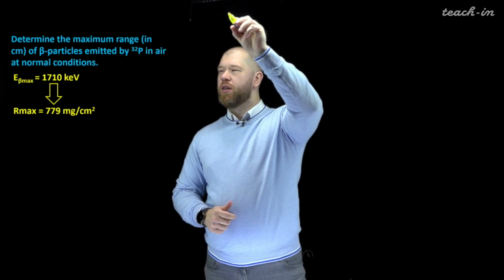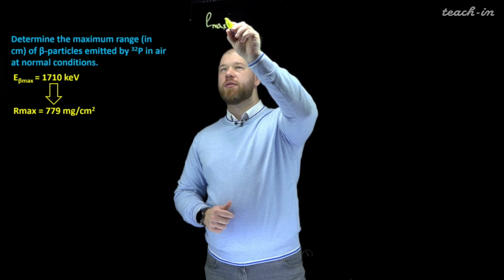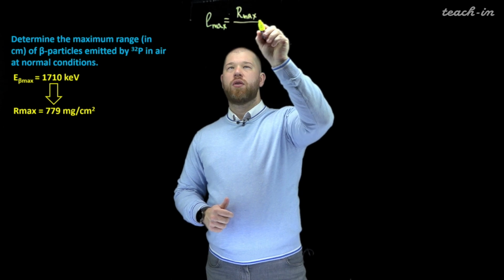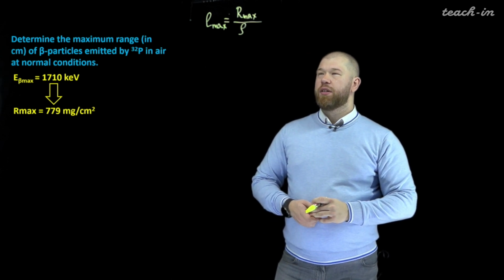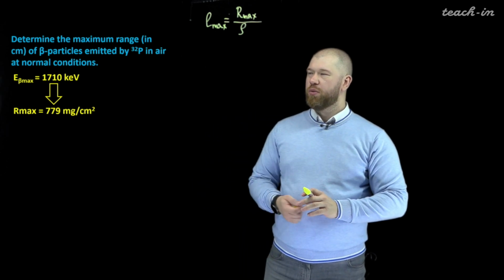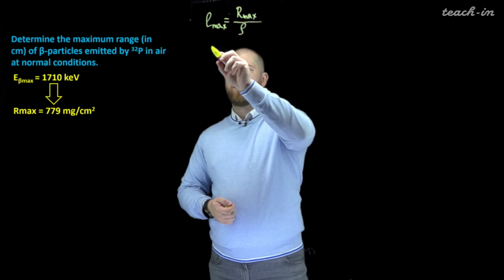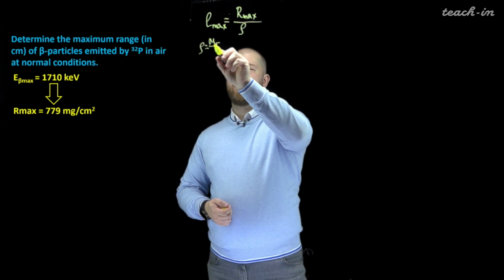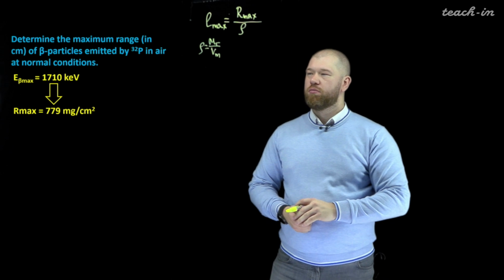So it is quite easy now. We can calculate this distance in centimeters by dividing the maximum range by the density of the material. And the density of air we can calculate, because we know that it is normal conditions. We can easily calculate it by dividing the average molar mass of air by the molar volume for, let's take